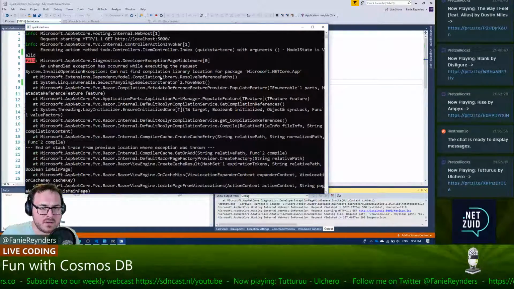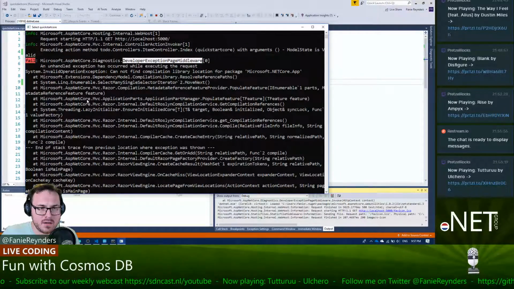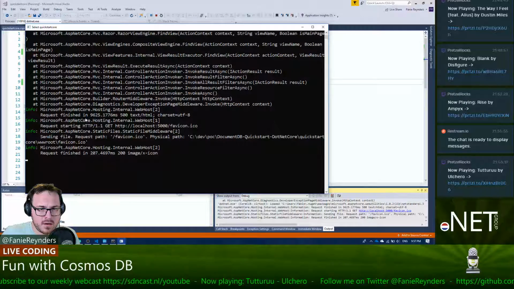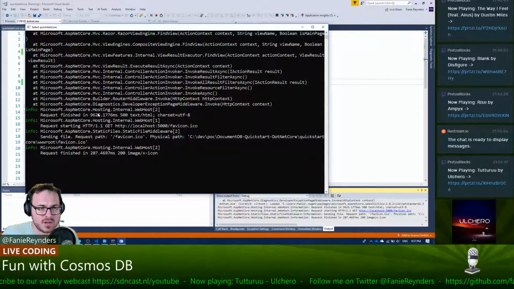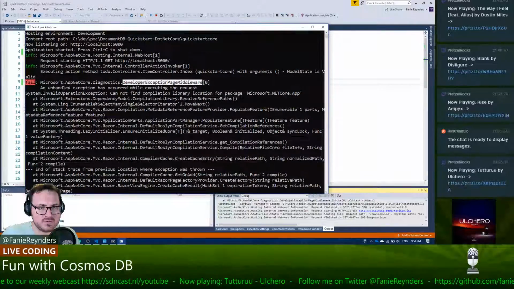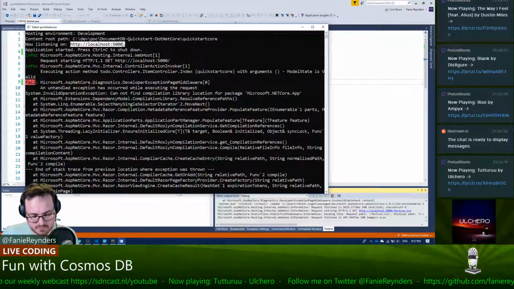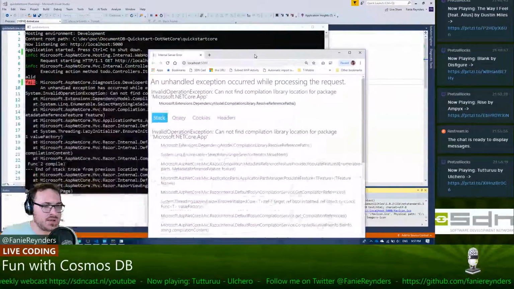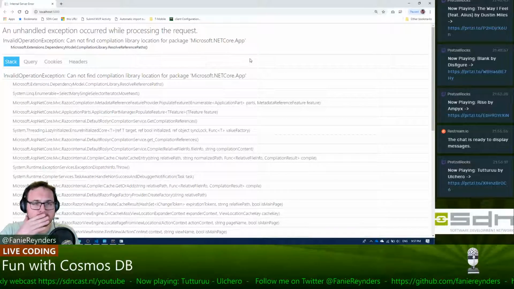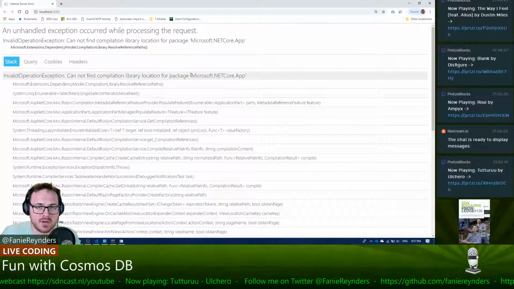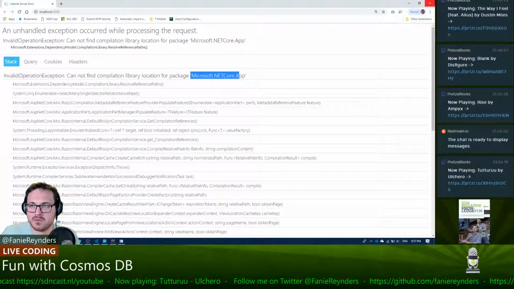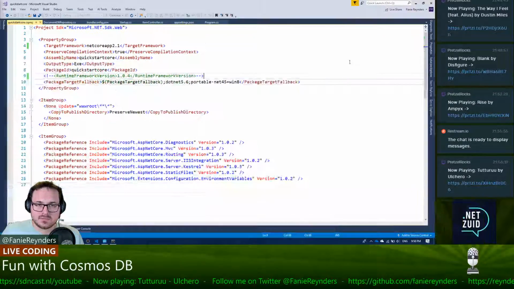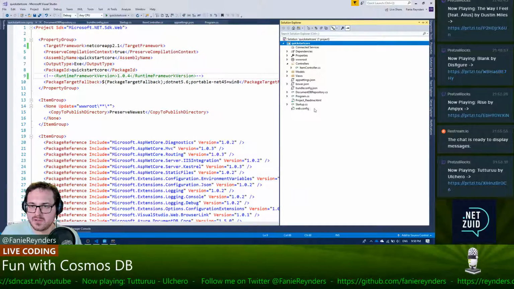Right, so what happened here? There's a lot of errors. Developer exception middleware. Blah blah blah. So I suppose I can just run this. Oh yeah, there's 5,000. Okay, so it immediately gave me this problem. Cannot find compilation priority netcoreapp. Yeah, of course. Oh darn it! Probably need to now convert this whole thing to